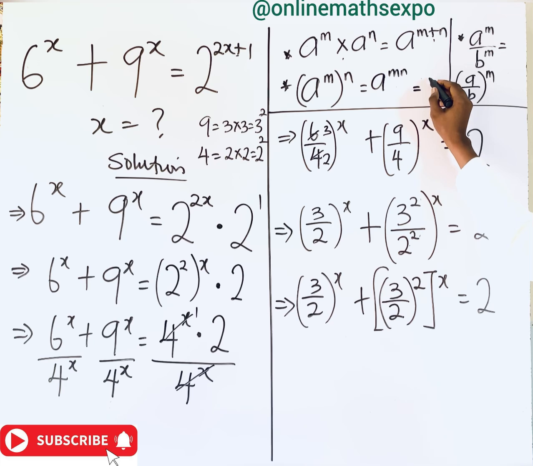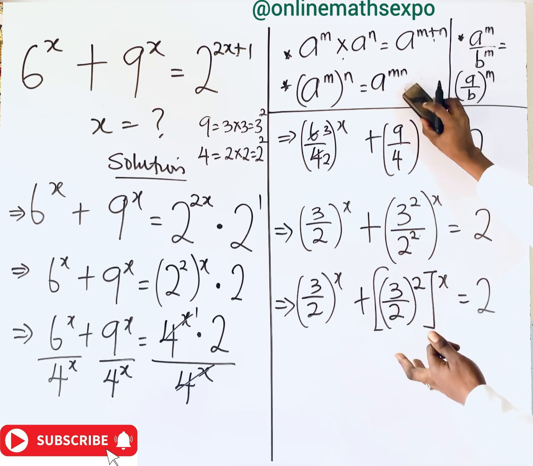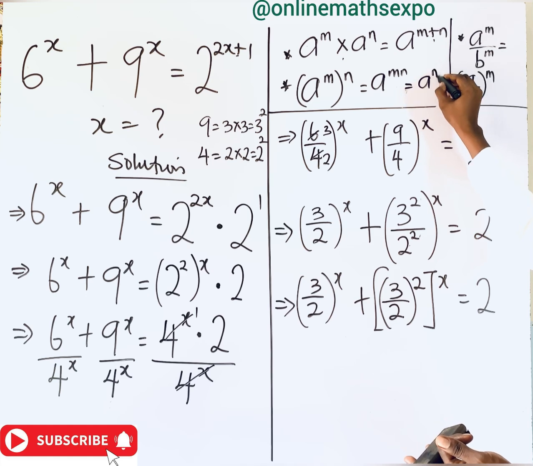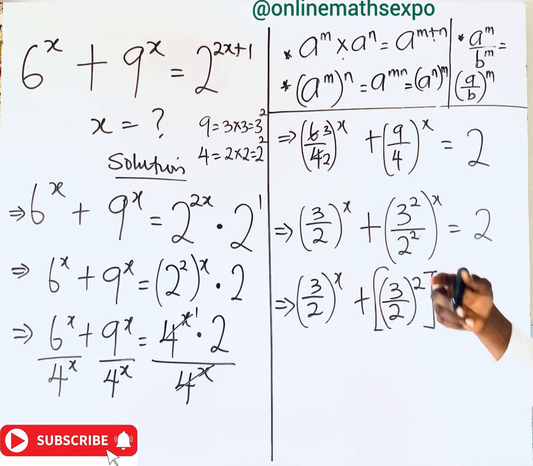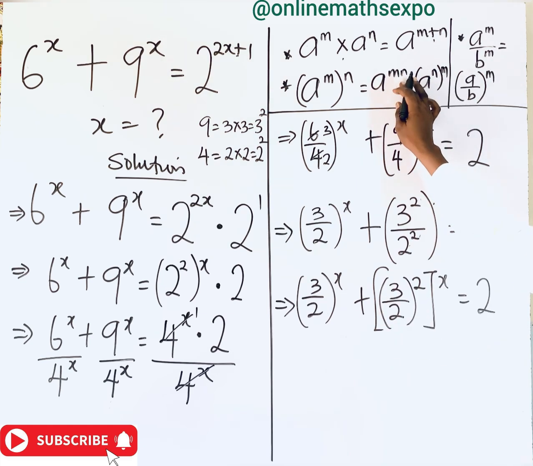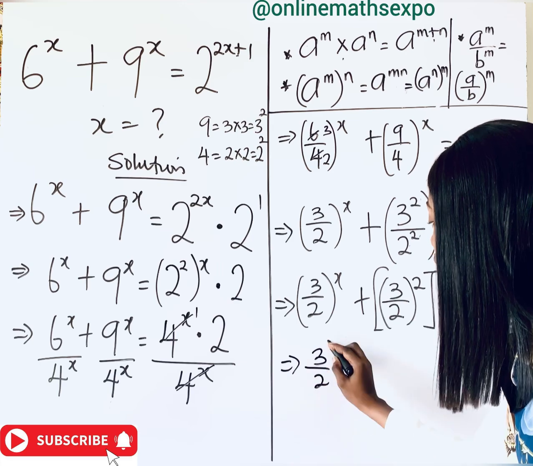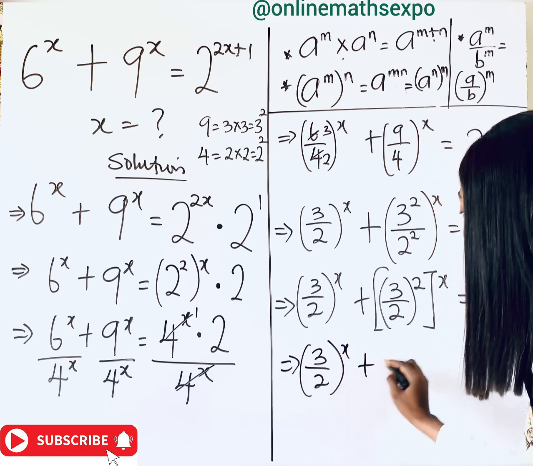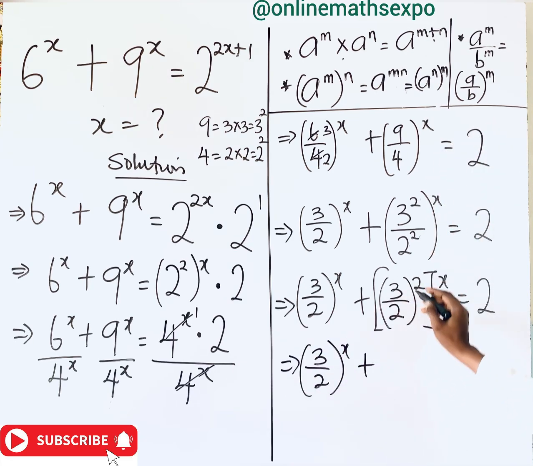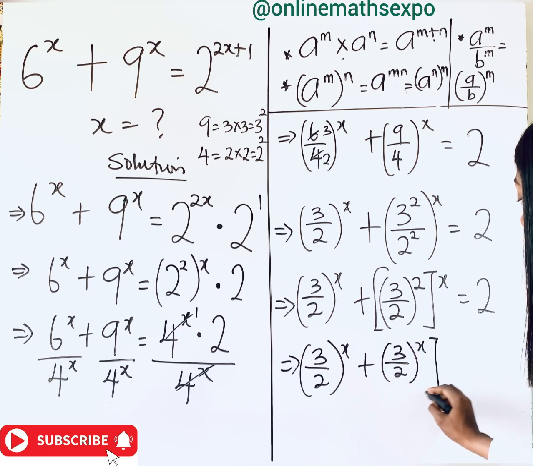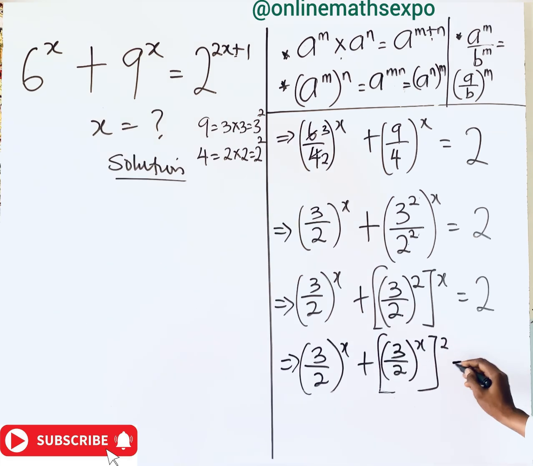So we can also write it to be the same as a to the power of n, then raised to power m. You just switch the powers, okay? It still gives you the same. Did you see it? So here we can do the same to now have 3 over 2 to the power of x plus, for this we can switch the power. So we have 3 over 2, then raised to power x, and is raised to power of 2, equal to